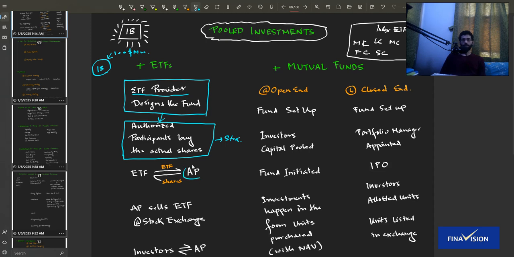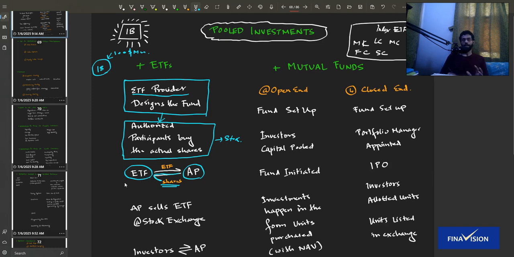The authorized participants deliver the shares to the ETF provider. See here, we have written shares are delivered from the authorized participants to the ETF provider, right? And once all these shares are accumulated, an ETF is created, a total exchange traded fund is created, and